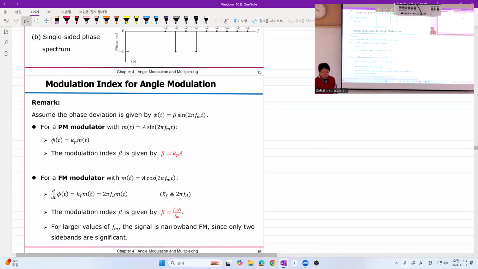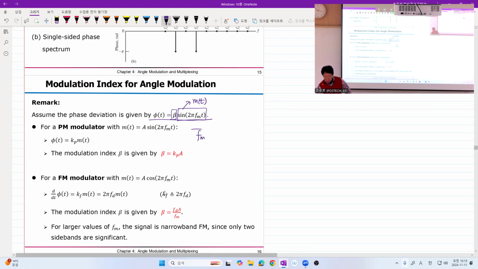And our textbook has a mixed order, but here goes why FM is more preferred than PM. And I already told you about that last time. So in a single tone analysis, we just say that beta is the modulation index, and this provides us the maximum frequency deviation. But be careful. If it is phase modulation, this is directly proportional to the message signal. However, if this is an FM signal,